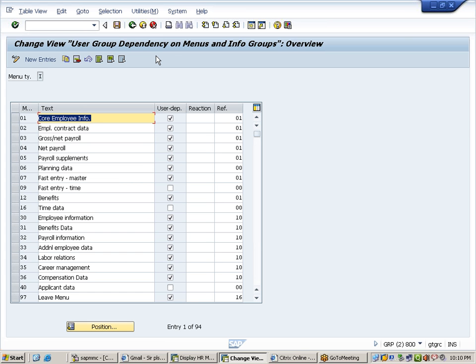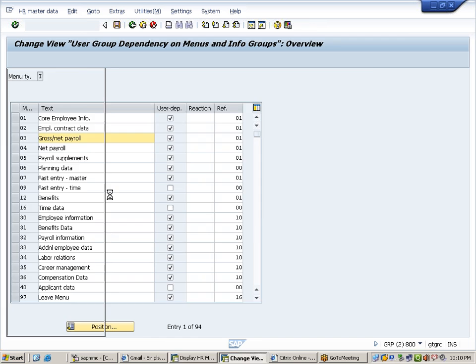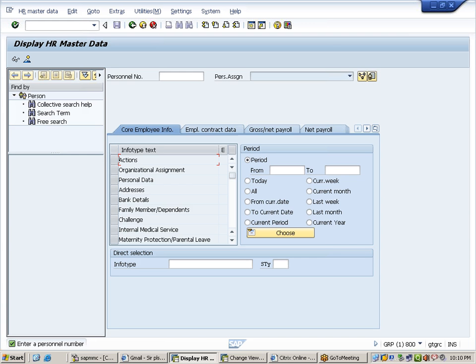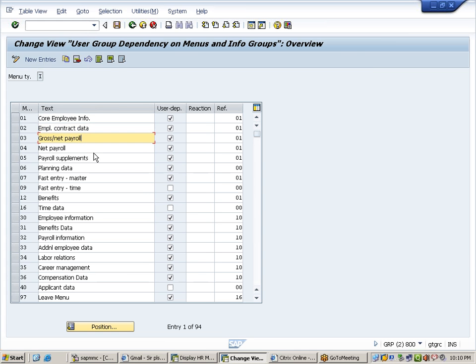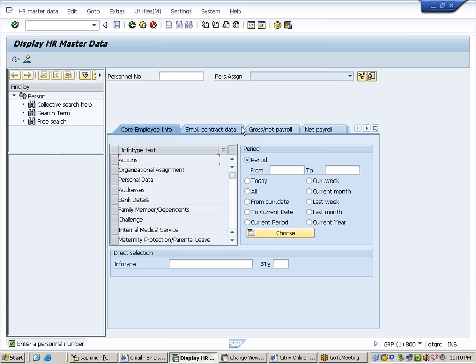So guys, here you are seeing core employee info, employee contract data, gross net payroll. Where are they coming from? See here, are you seeing this core employee info, employee contract data? Since they were created here, you are able to see them here. So in case you want your own menus, how to create them? Go to new entries,